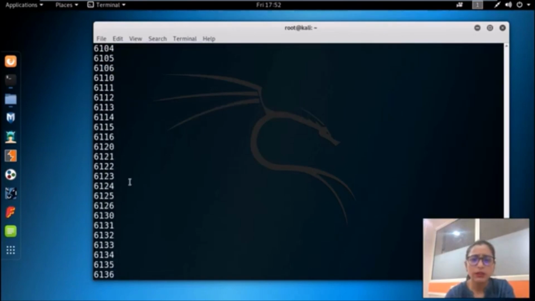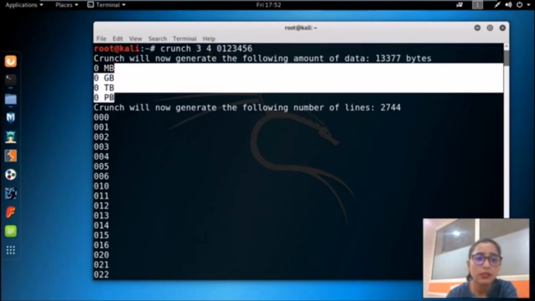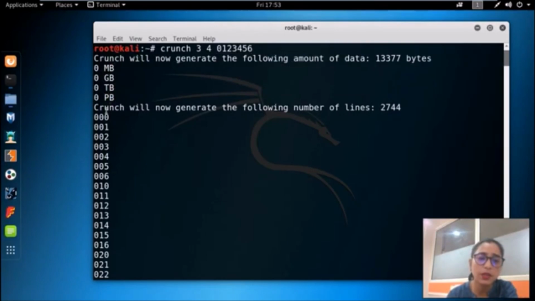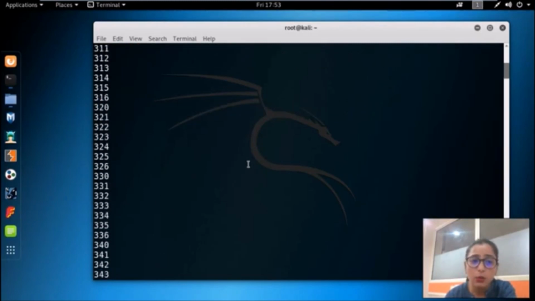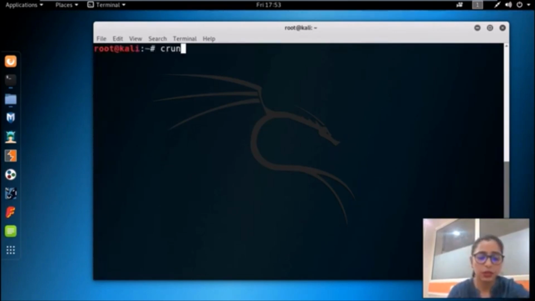According to all the possibilities, please scroll up. Okay, so here is the size, 1337 bytes. Okay, so I have given this, I am just showing my output on the screen. Okay, so here are some units, like your output can be in MB, GB, TB and PB also. So what I gave was the command crunch, the minimum length is 3 and the maximum length is 4, and the characters are 0 to 6. This way we can use this tool, and whatever possible output we have will be shown on the screen. Okay, but if I obviously want to save this word list, then what I will do,